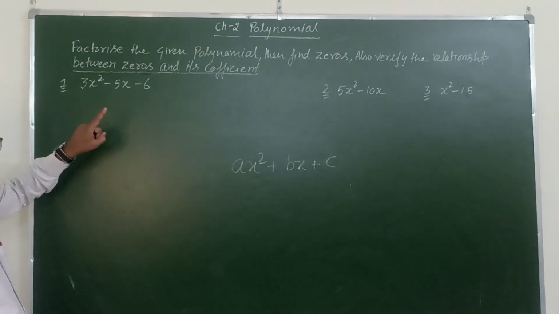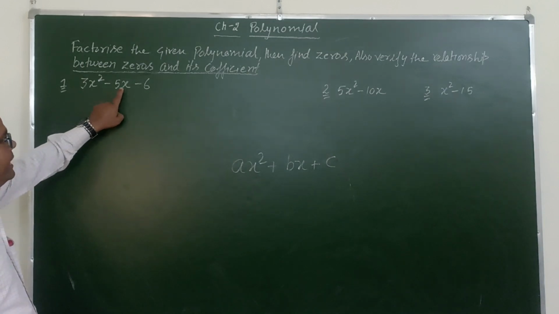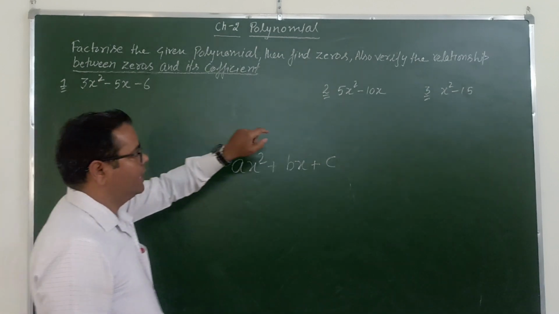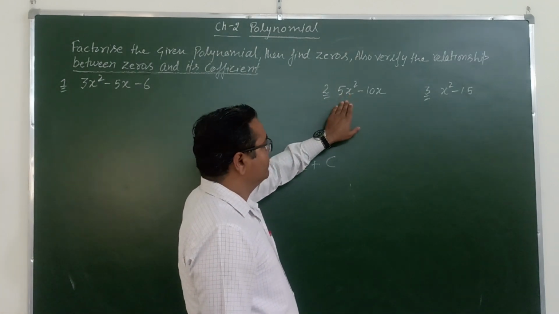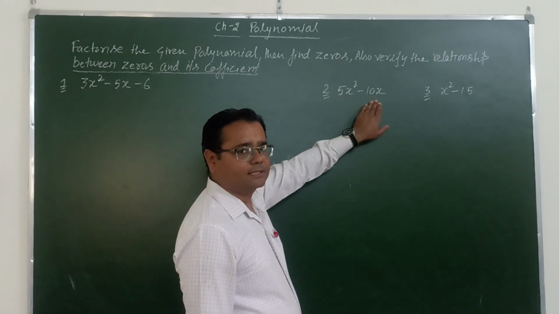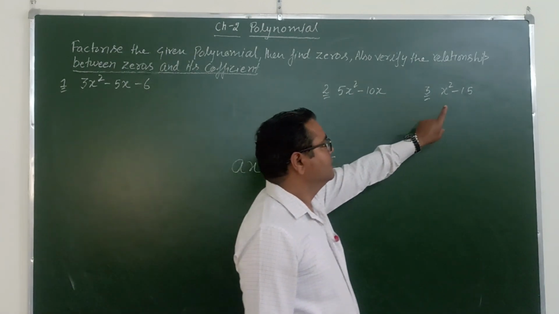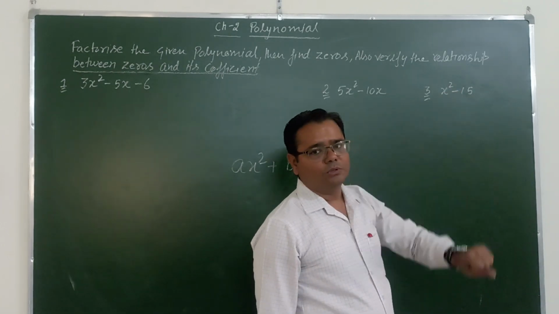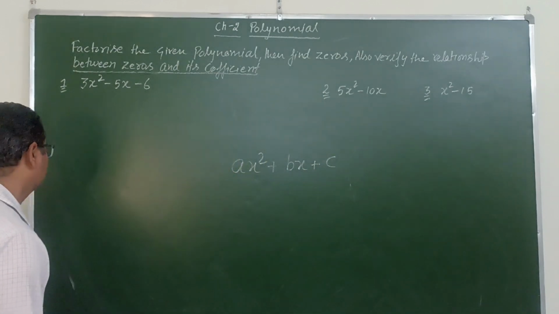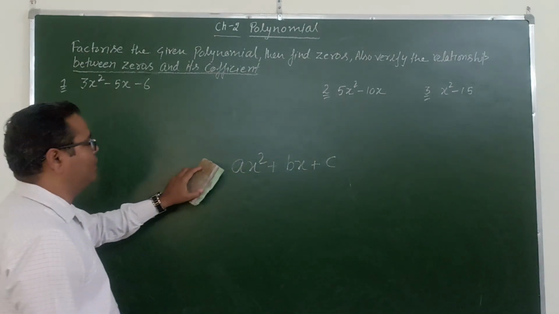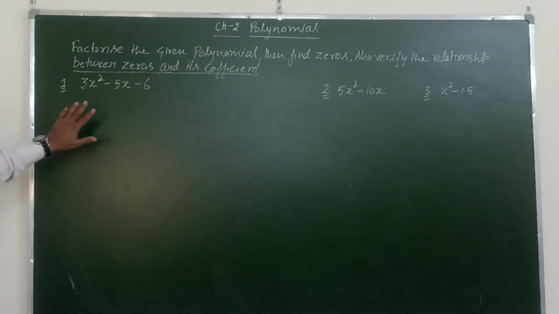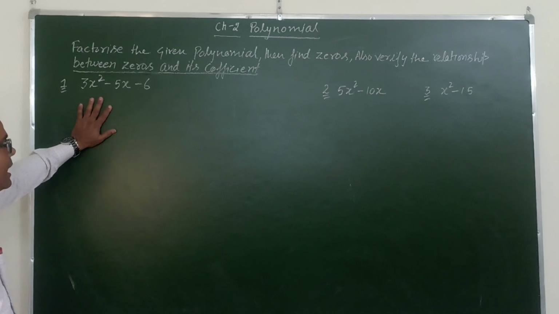So we have three types of the quadratic polynomial. First, where a, b and c all three are not equal to 0. Second, we have ax square plus bx, where c is 0. And the third, ax square plus bx plus c, where b is 0. So we have the three types of the polynomial. We are going to factorize all these three polynomials and verify the relationship between zeros and coefficients. First, where a, b and c all three are not equal to 0, we will factorize it with the help